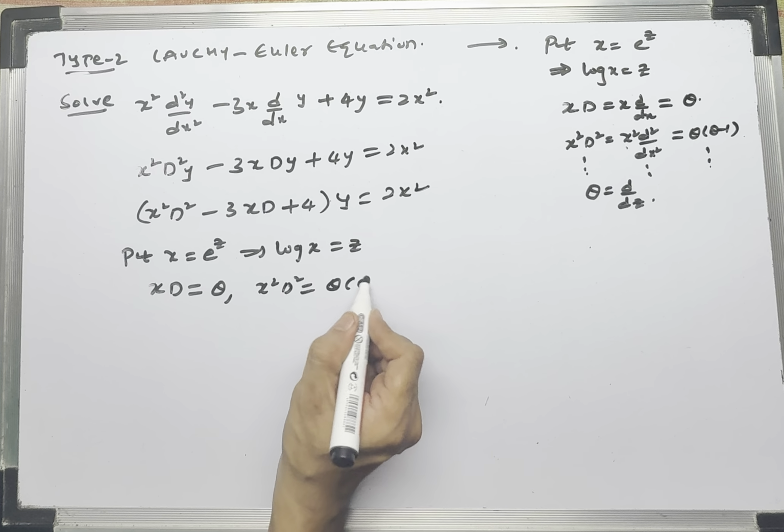We can write this one as d square by dx square equals D square, d by dx is equal to D, and taking common, x square D square minus 2, 3 xD minus y, all y we can take common, equals sine log x. We'll write it as it is. Then